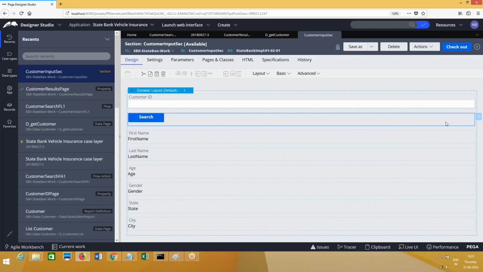But now the data is loaded onto clipboard only once, and every time when you are searching, the data is copied from the existing data page that is already loaded and assigned to the page you see here on the clipboard. The user page is being updated every time you go ahead with a new key value, and the page is being overridden with the latest data that is being copied from the data page.